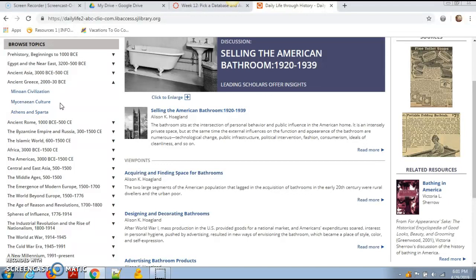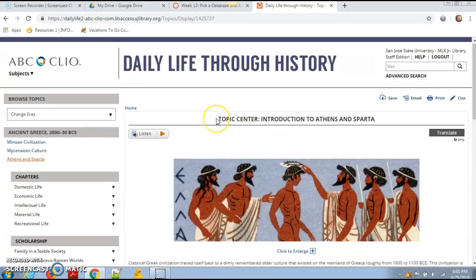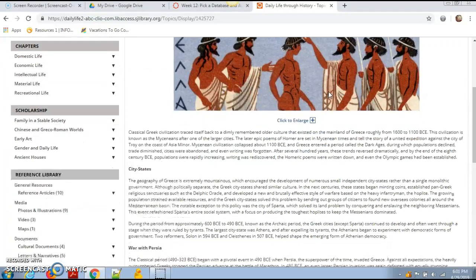So when we click on that, it's going to give us the information that falls within that category or that area of study. And again, this database is daily life through history, so it does pull up specific primary sources as well as secondary study. So you'll see that the page it pulls up for us is an introduction to Athens and Sparta. So it gives us the general information,